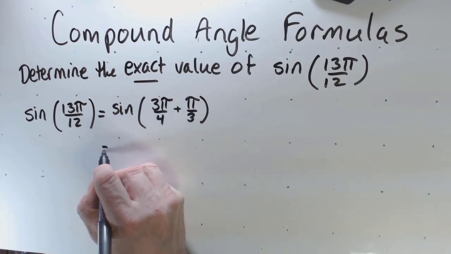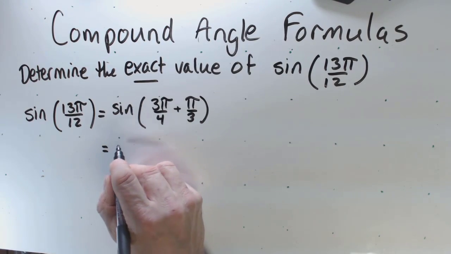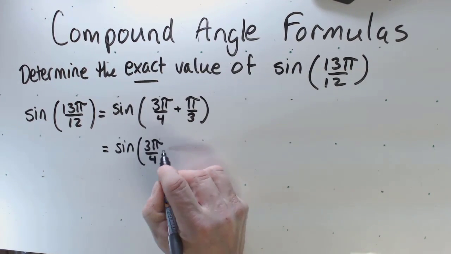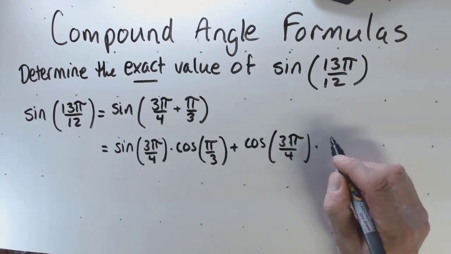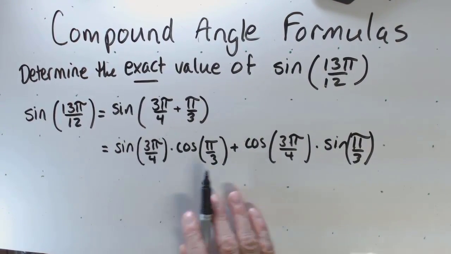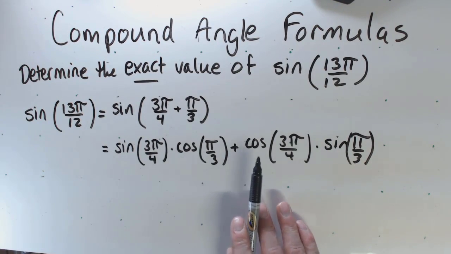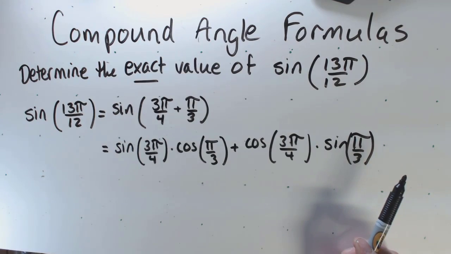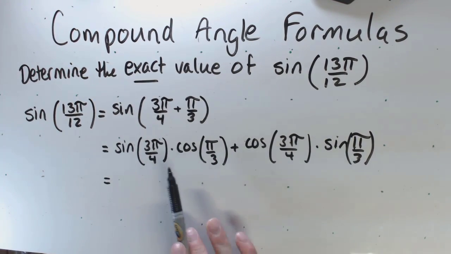Now I can actually put this into my compound angle formula for sine. And so I just have to check and make sure that I've done everything correctly. Sine cos, cos sine. And so now I'm ready to put in my exact values because I know the values